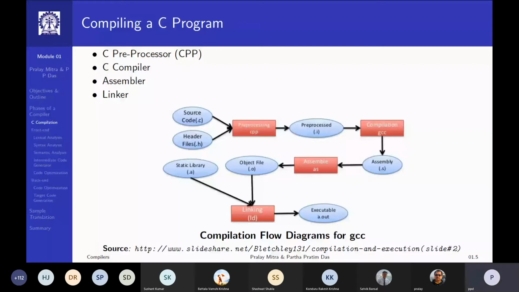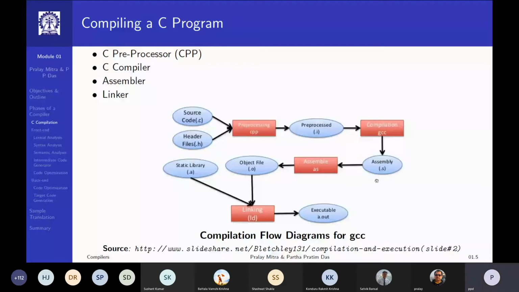Then the main part of the compilation goes on in GCC, which by itself will have multiple phases, and our focus would actually be to learn this component, the compilation through GCC, which takes a directives-free, comments-free C program file and compiles it into the assembly language of the target system, which may be x86, x86-64, or anything else, as the case may be. And that assembly file is typically demarcated in GCC with a .s extension.